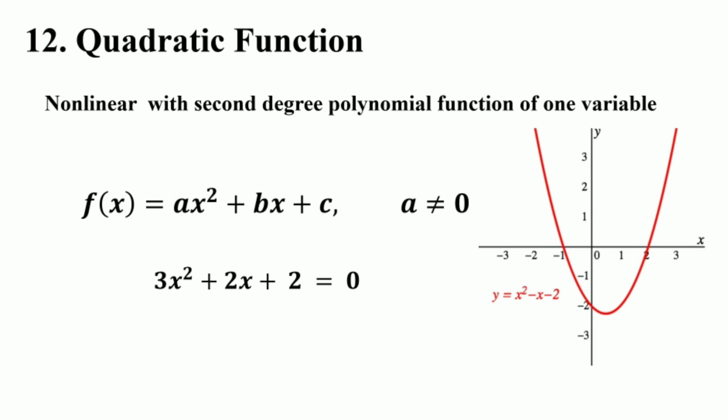One of the most important features of a parabola is that it has an extreme point which is called the vertex. If the parabola opens up, the vertex represents the lowest point on the graph or the minimum value of the quadratic function, and if the parabola opens down, the vertex represents the highest point on the graph or the maximum value. So in either case, the vertex is a turning point on the graph.